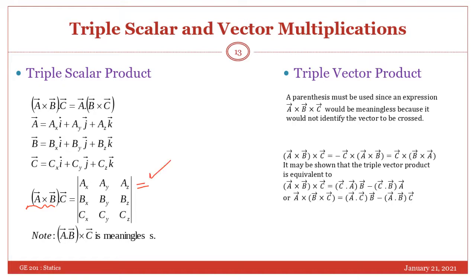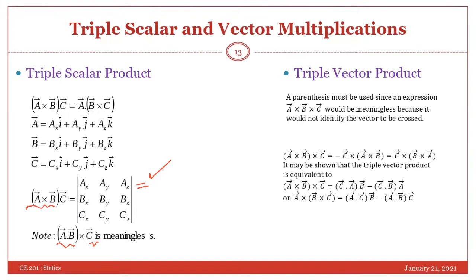Here it is written vector A dot vector B cross vector C is meaningless. That's true because A dot B will be a scalar and C is a vector. So this will be simply a scalar multiplication to the vector. So it means simply the magnitude of vector C will enhance or decrease. If it is less than 1, it will be decreasing. Okay.